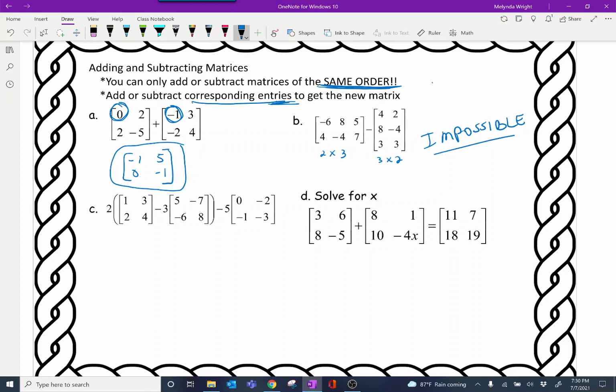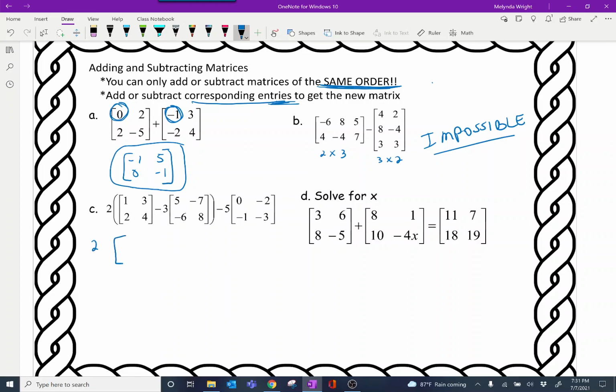Impossible. Okay, so now let's get to some that are a little bit more complicated. On C, oh, we got a lot going on there. Let's see, the parentheses, we need to follow order of operations. The parentheses say to do that part first. Okay, so let's do that. So we're going to keep the 2 out there, and then, well, there's several ways we could do it. I'm going to do the inside part first. So it's going to be 2 times